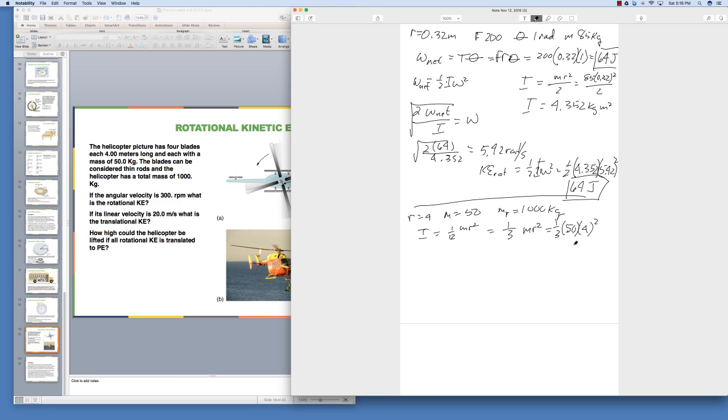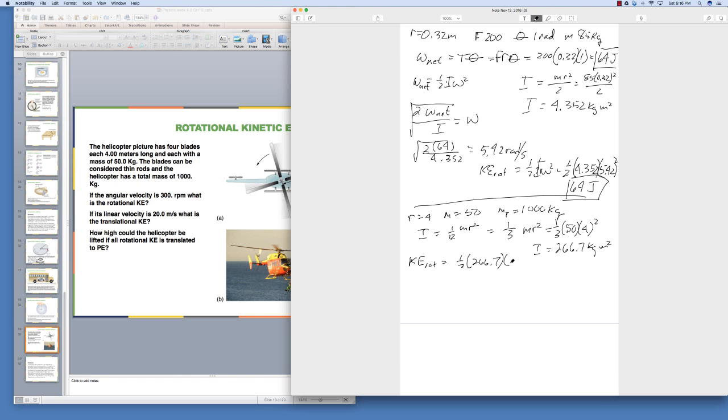If you do that, you get a moment of inertia of 266.7 kilogram meters squared. So the rotational kinetic energy is going to equal 1/2 times